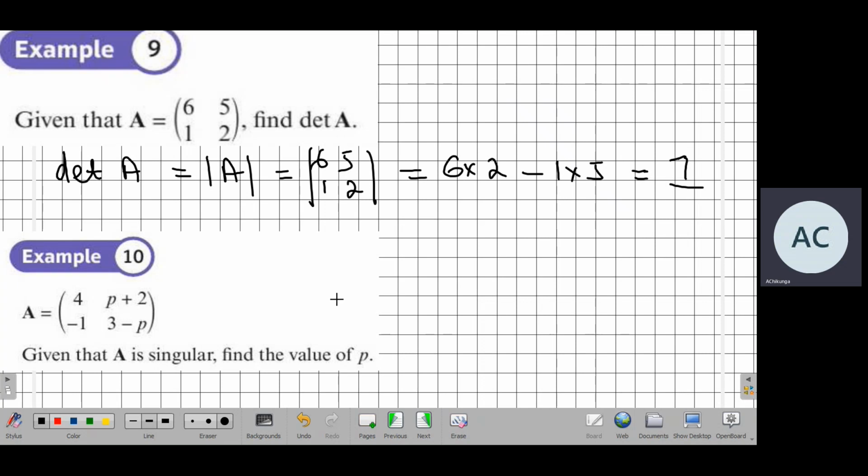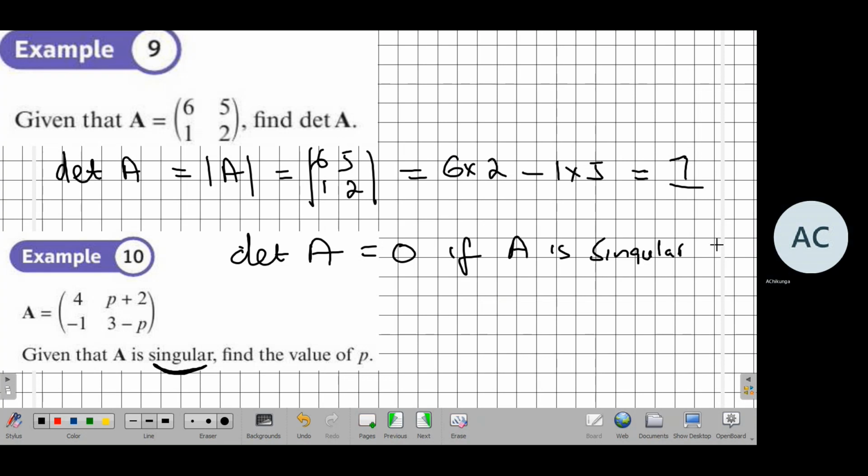Example number 2 is clear, given that A is singular. What does this mean? Good. So the determinant of A is equal to 0 if A is singular. So we're looking at the determinant of A and we equate it to 0 because we have been told that it's singular. And the determinant of A